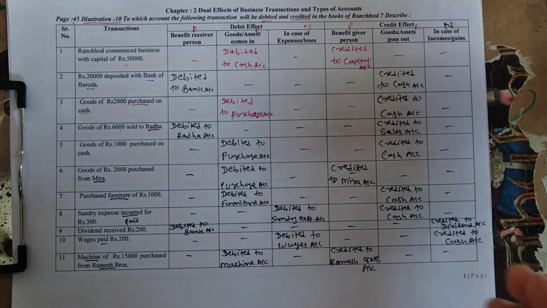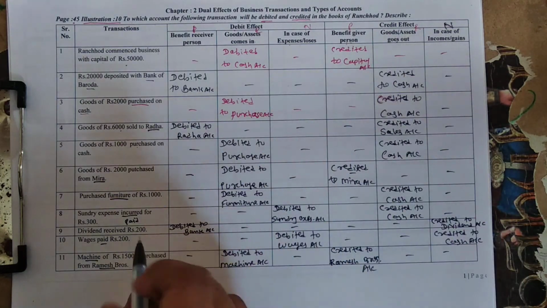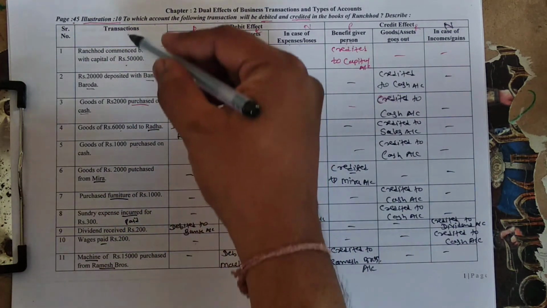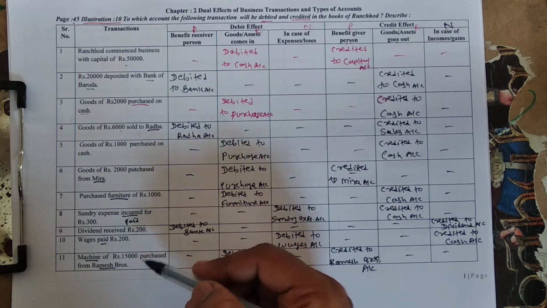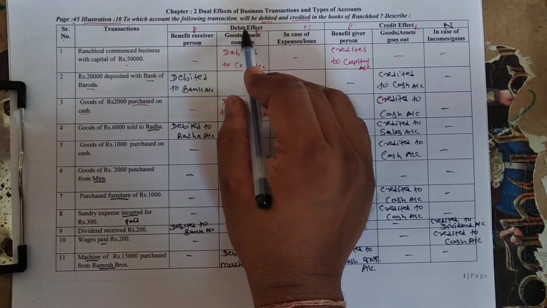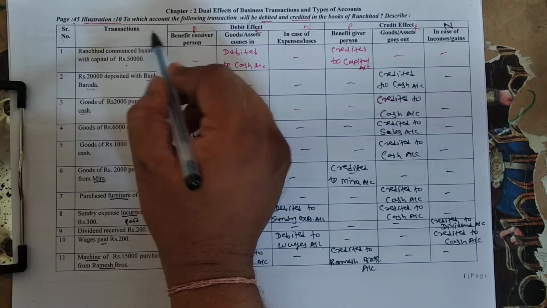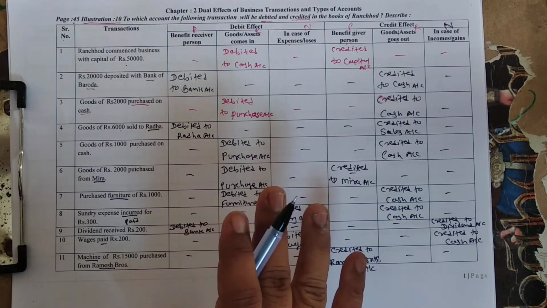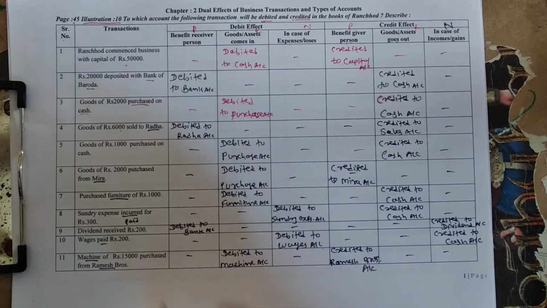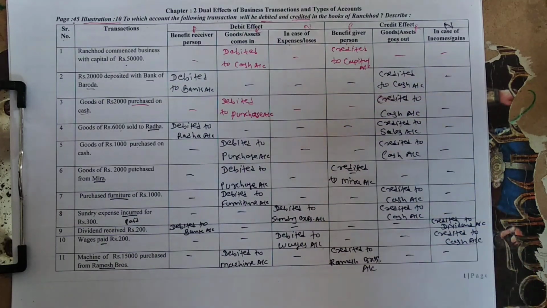Do you understand? Okay, student, one clarification for you. In the examination, transactions are already given, meaning the question is given in the question paper. You are required to write only the answer in the following manner. You have to keep the serial number, debit effect 3 columns and credit effect 3 columns. You are not required to keep the column of transaction in the examination. Here, for your better understanding, I have prepared a column of transaction, but in the examination the transaction column is not required. Do you understand? Okay.